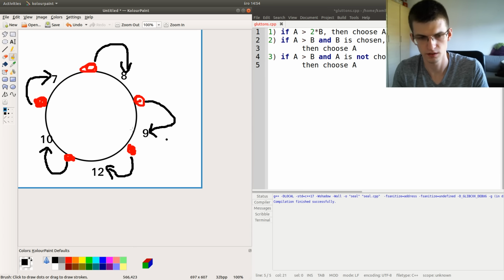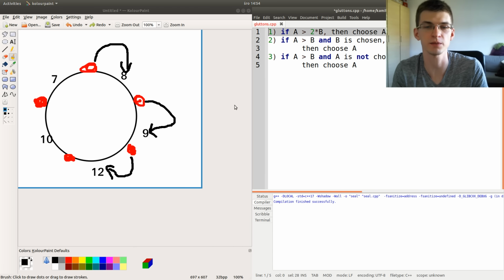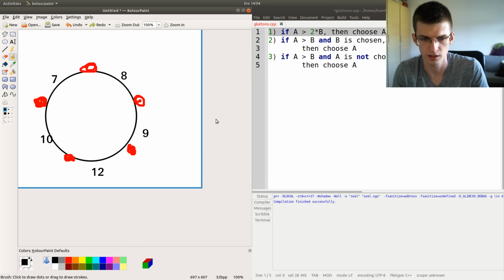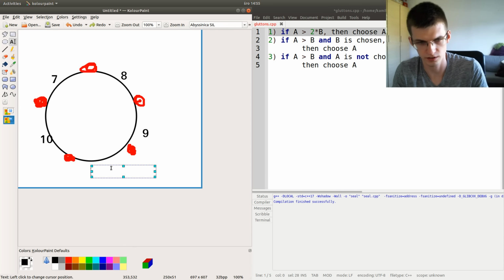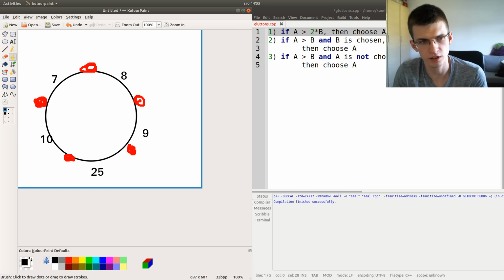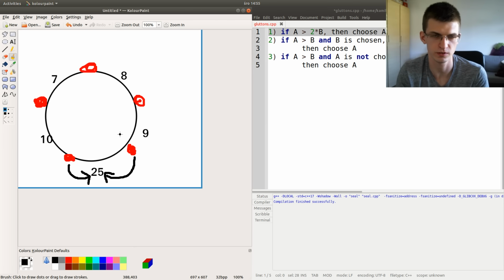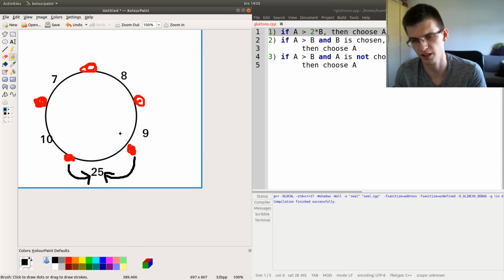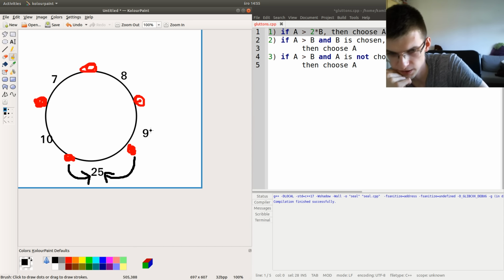Otherwise, from this rule, we have some start already. So let's say that here we have, I don't know, 25. Then we know that in this case both these people should take 25 because 12.5 is bigger than anything else, and we can go from that.